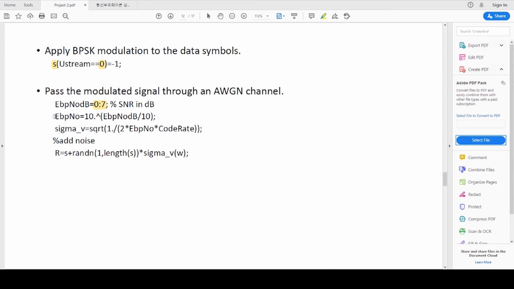And then from this expression you can find the signal to noise, and also you can calculate the variance of the noise, and then you have to add it. This is your input signal and this is your noise, and you will get the received signal from this expression.